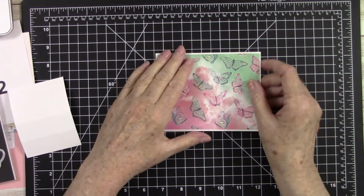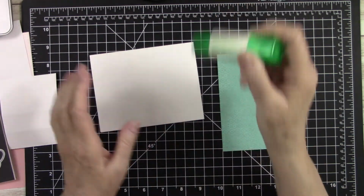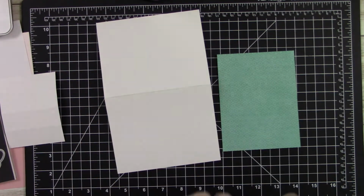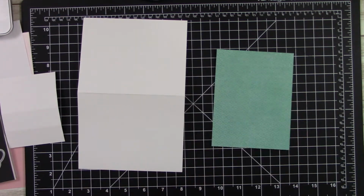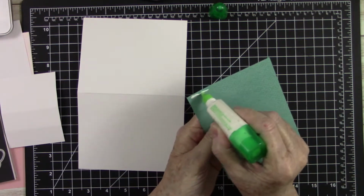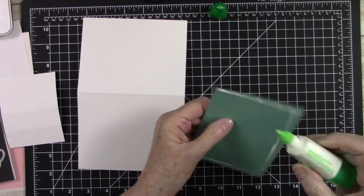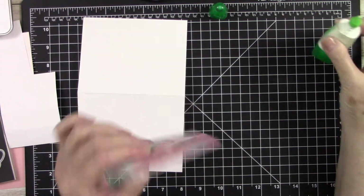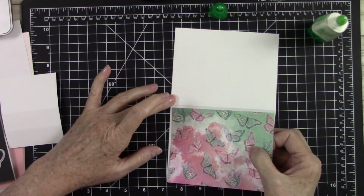Alright, the first thing I want to do is use a little glue on the back of this and get it stuck down. Now we're going to die cut out of the center of this piece. So when I put my adhesive on, I only want to put it around the outside edges because I don't want any adhesive to interfere with my die cutting. So I'm going to very, very sparingly put some glue along the side, top, bottom, and side, just like that. And then I'm going to make sure I've got my butterflies going in the right direction, and I'm going to lay this down,